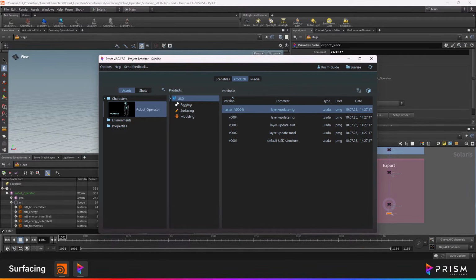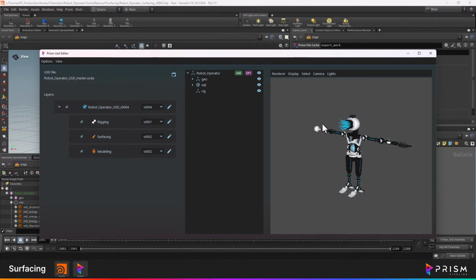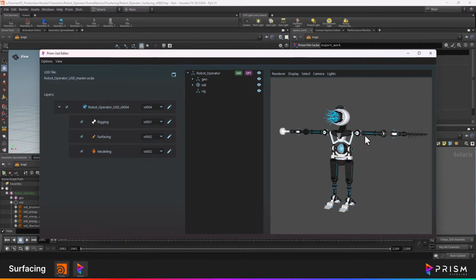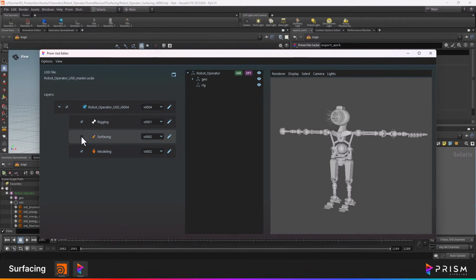In the standalone project browser, open the USD editor and the finished surfacing can be previewed inside the USD viewer. In addition, all materials can be seen in the object hierarchy. Note that all data created in the surfacing department is now saved onto the USD surfacing department layer and can be muted by toggling the checkbox.